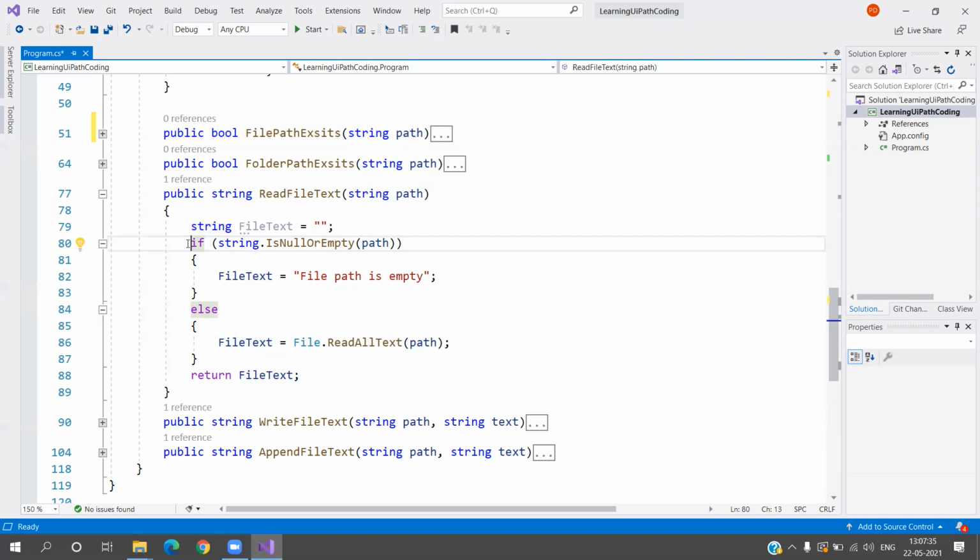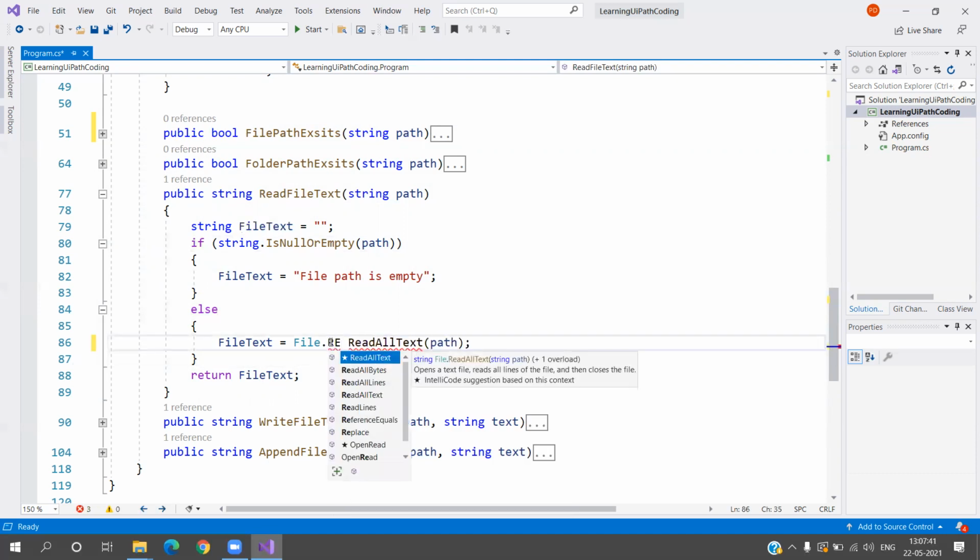And if it is not empty, then I'm doing File.ReadAllText. Let me write over here: ReadAllText opens a text file, reads all the text of the file and closes the file. This happens by default, we are not doing anything else. Then ReadAllLines opens a text file and reads the lines.